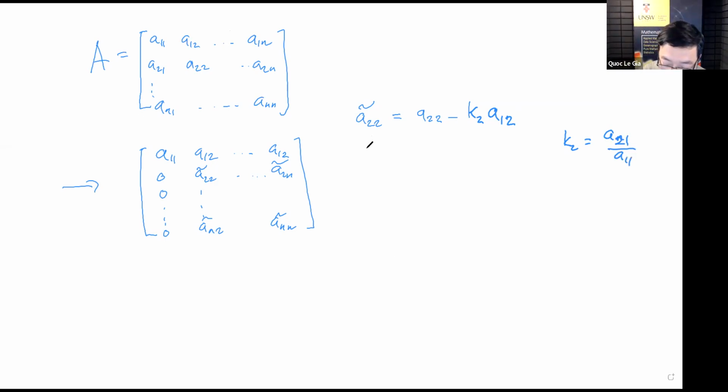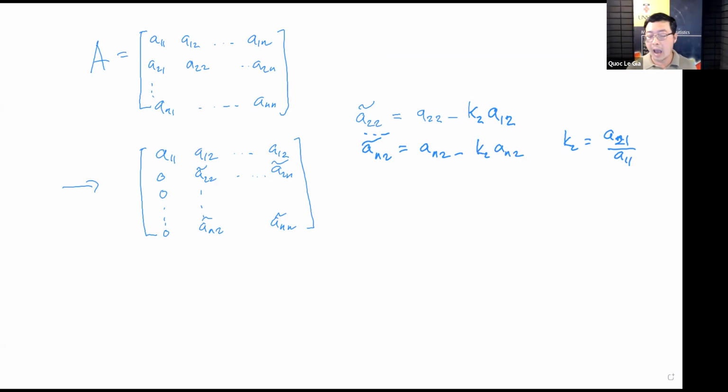You can do the same for A32, up to An2, equal to An2 minus K2 times A1n. But what I want to tell you is we are not interested in the values,